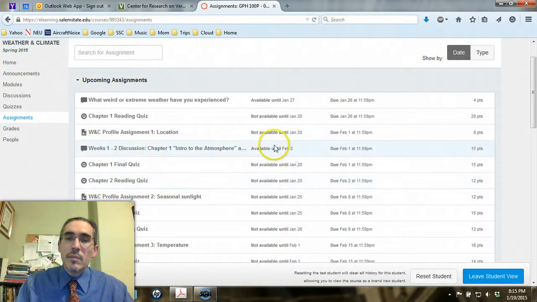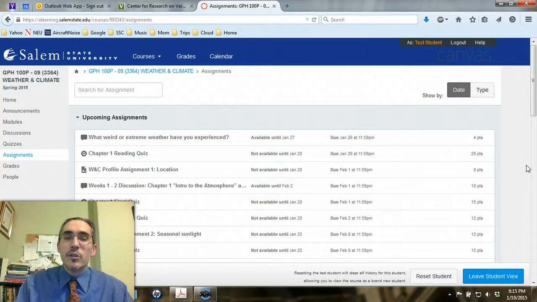And you'll see that some of them are not available yet, and that's only because I haven't opened them yet, and those will open usually 2 weeks before they're due at the latest, so that you have ample time to get a handle on them. And if you want to, you can work a little bit ahead too, and that's not bad. And if you're really industrious, I can open things up earlier too. So don't hesitate to ask if you're one of those people who wants to get ahead.